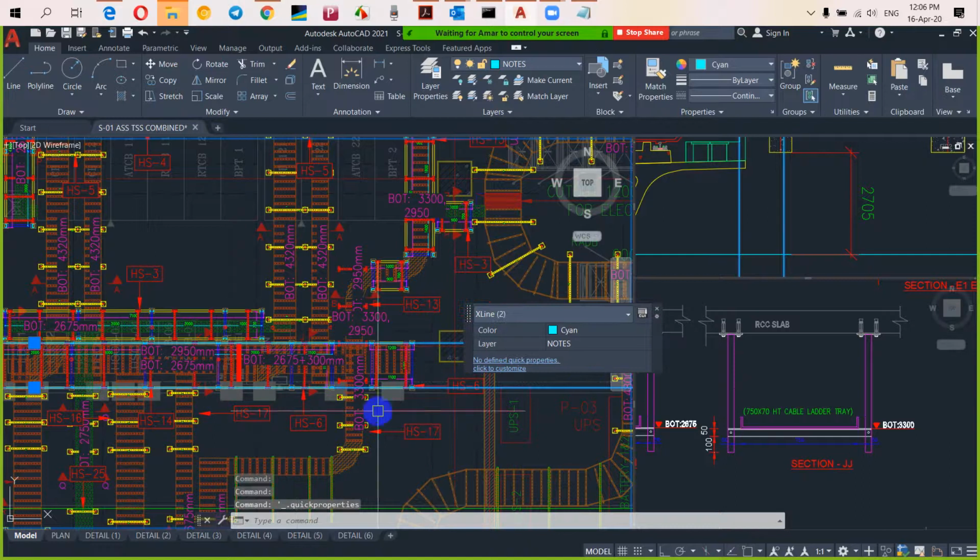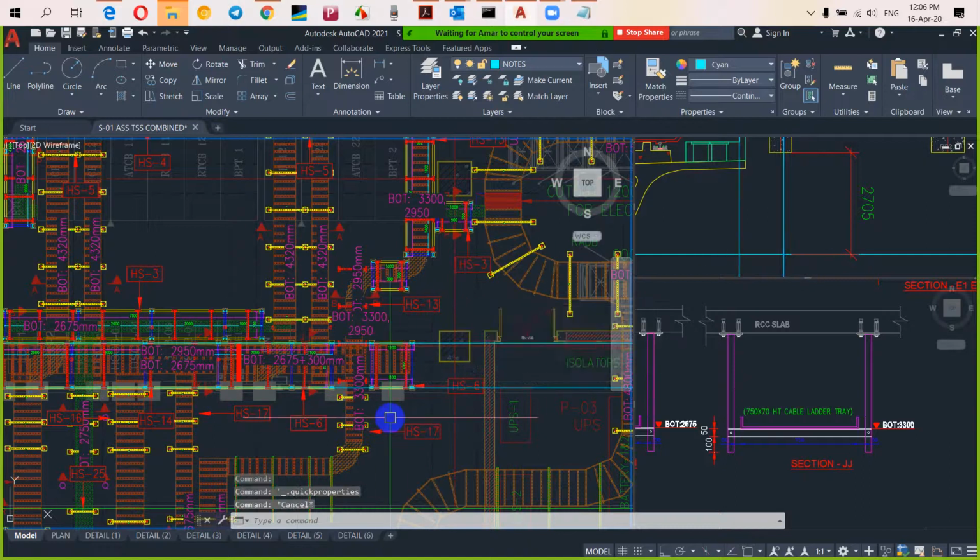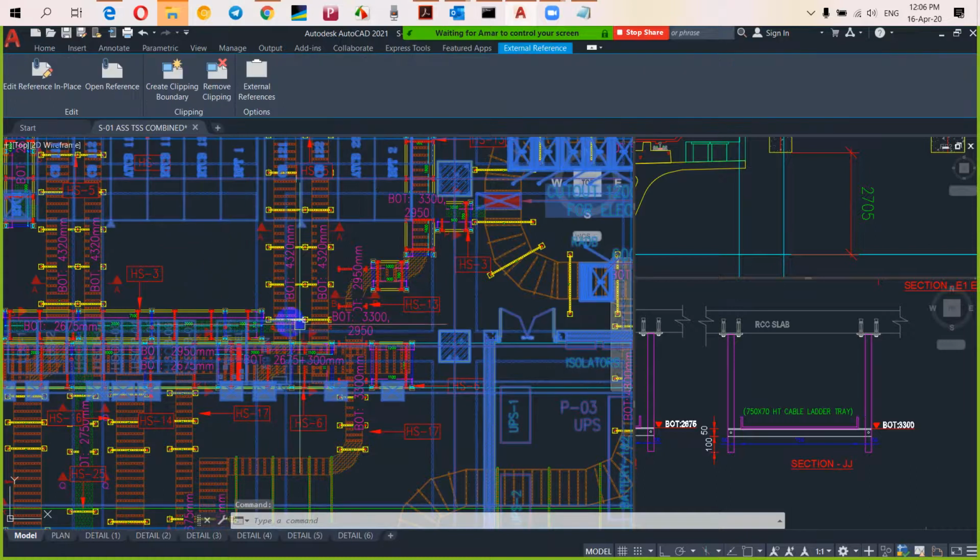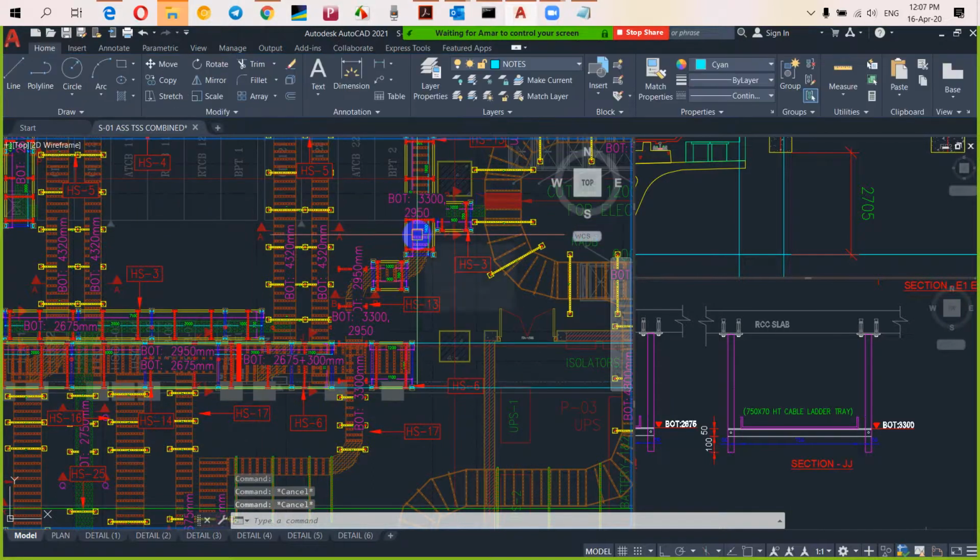Let me first check the area. Okay, this area. Can we route it in this area through these things? Why have we done that? Basically, we are thinking only of your HT equipment connection. Okay, you have now routed through the P03 area. That's the reason we have taken such a bend. If you are taking it to P03, then please take it straight and get it connected. No need for this many bends.